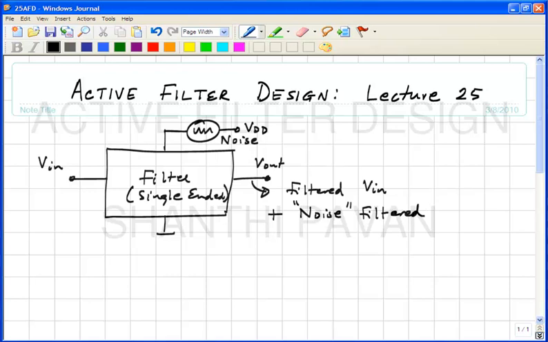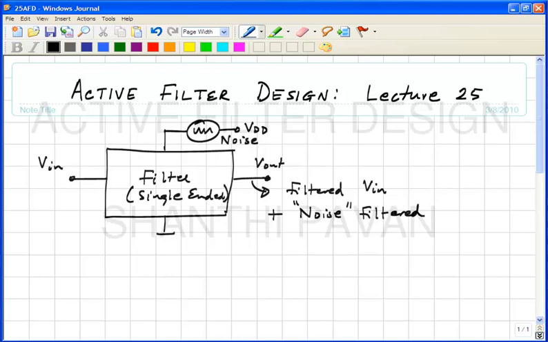Okay, and due to nonlinearities in the filter, it is also likely that the input tone and the noise tone will get multiplied due to the nonlinearity and all sorts of weird stuff happen, correct? The stuff in the assignment is somewhat exaggerated. How much noise did you put in your assignment on the supply? 10 millivolts. What was the input? 100 millivolts. Okay, so maybe 10 millivolts of noise is perhaps not too far fetched, right? But it's not too small either.